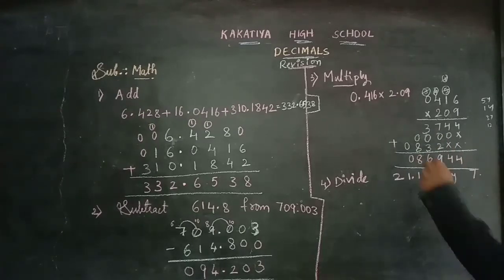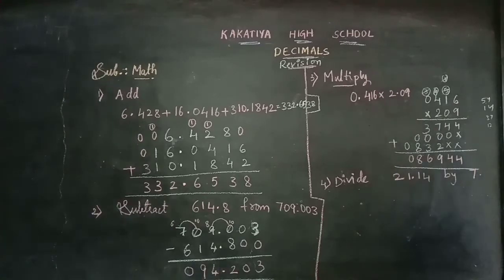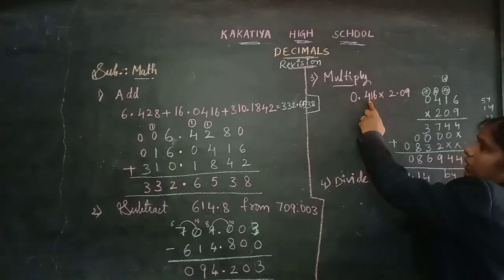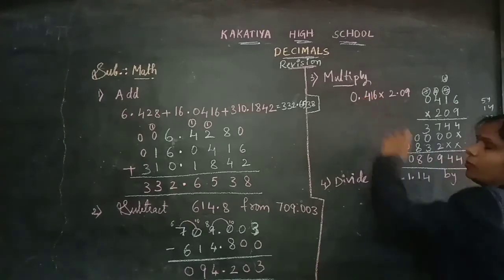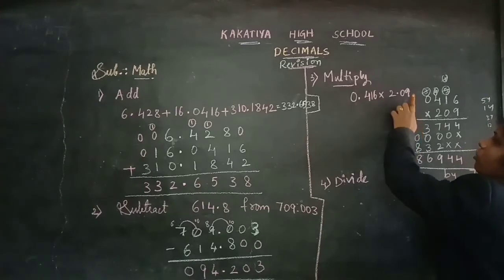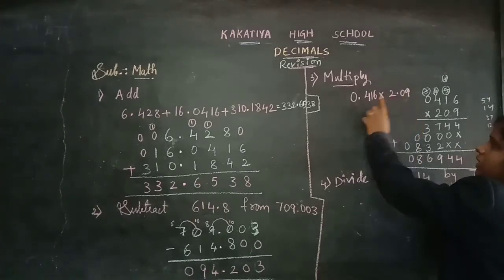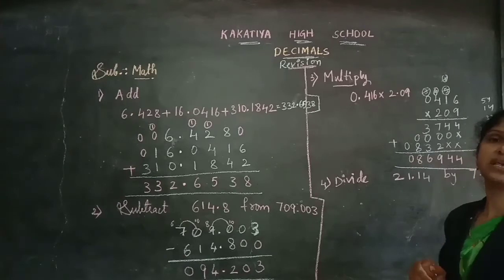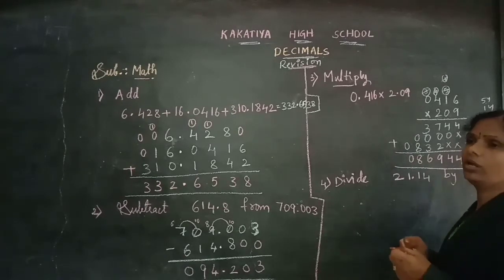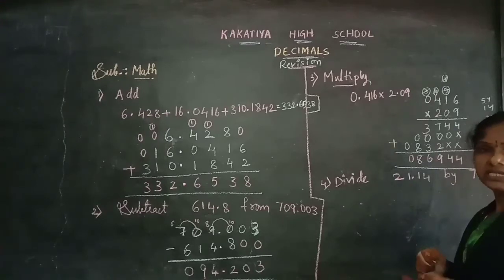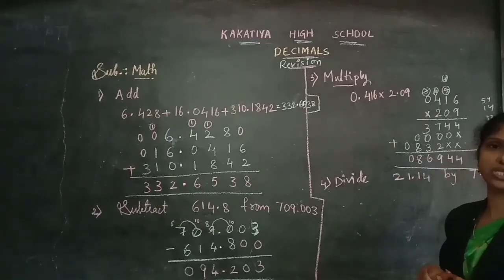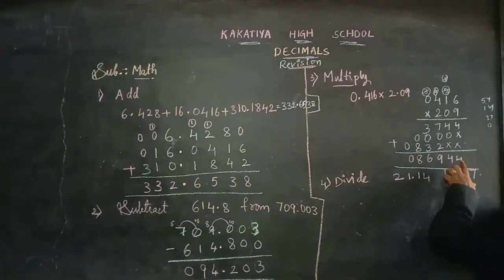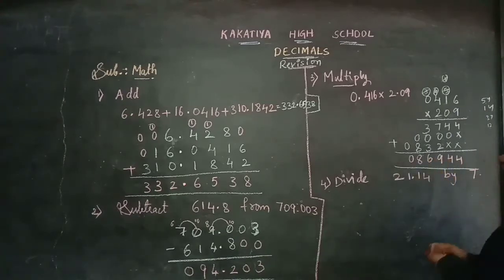And now children, we need to keep, till now we didn't complete, we need to keep the decimal point. Where will you get the decimal point? See, the first number has 1 2 3, 3 decimal places, means 3 digits after the point we have. And coming to the second number we have 1 2, 2 decimal places. Here 3 decimal places and here 2 decimal places. Total 5 decimal places we need to take. Five digits from the end you need to keep the point children. Means in the decimal part we need to take 5 digits. Okay. So 5 digits means 1 2 3 4 5. Here you will get the point children.